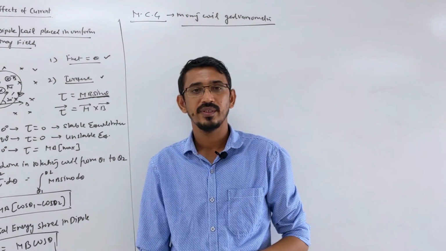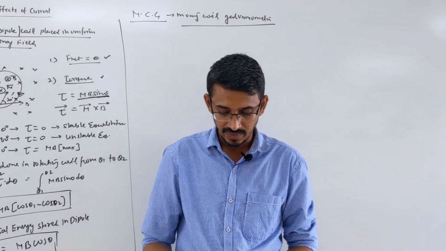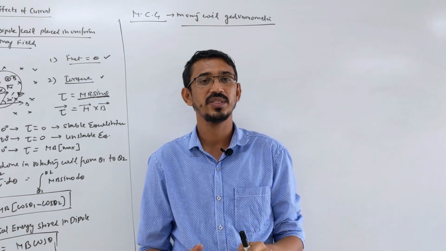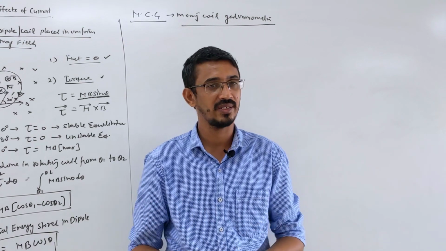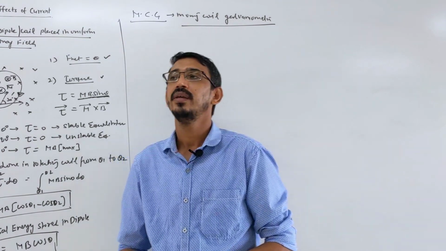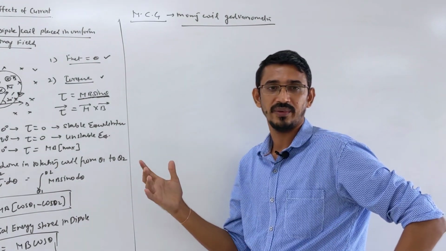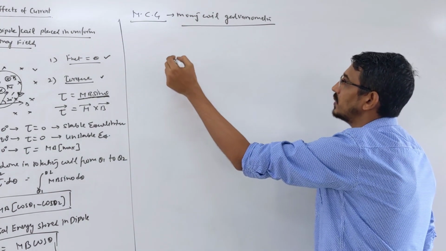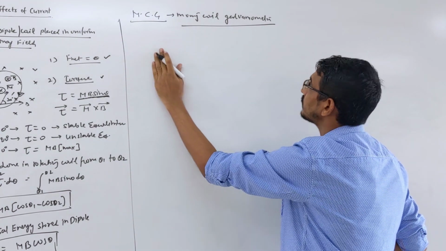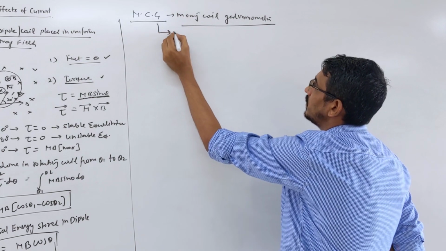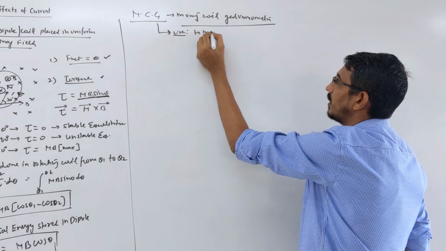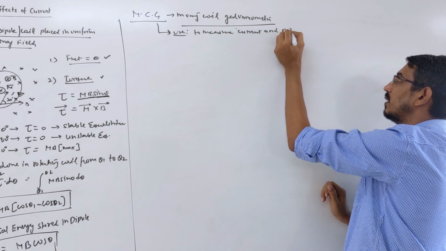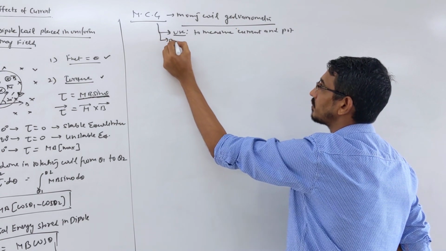Look here, this word we have already learned in the last chapter, current electricity: a galvanometer is a device which can measure your current and potential. You can convert it into an ammeter or a voltmeter by simply connecting a resistance with it in series or parallel, right? Here we are learning how that really works internally. So how it works, that you want to know here. Let's see carefully. I write a few points. First was the use of this device: to measure your current and potential.